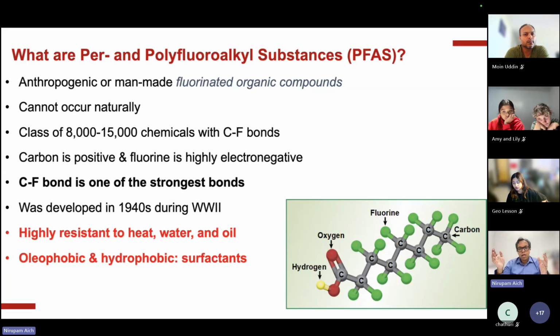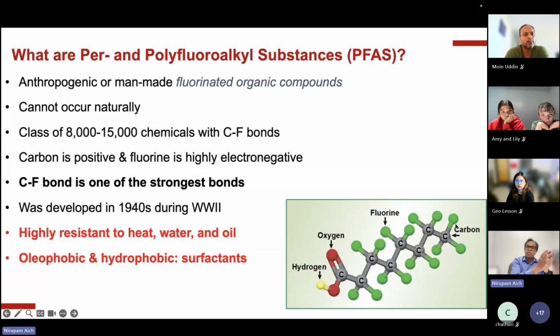Back in the 1940s, when the World War was happening, DuPont and 3M, these chemical companies, synthetically designed these chemicals, which were made of carbon and fluorine. Carbon-fluorine bonds don't necessarily exist in nature. This is one of the first molecules that was created, known as perfluorooctanoic acid. There are 8 carbons and a carboxylic acid group at the end, but all of the other bonds on the carbons are connected to fluorine.